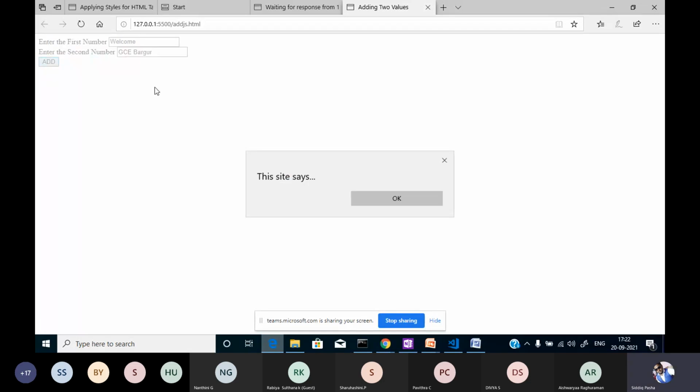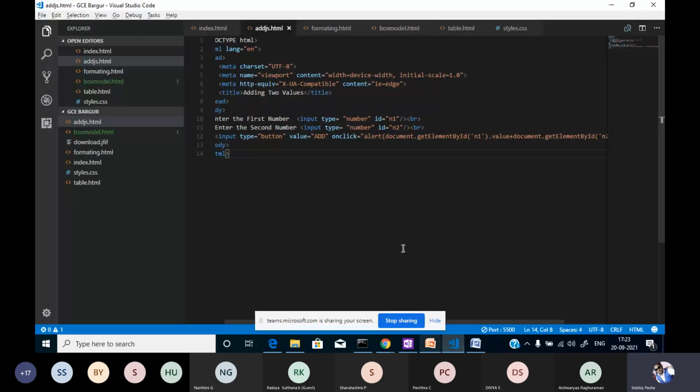Actually, now the value is not being taken here. Why is it not taking? Since we have specified a number for this particular field, for that reason it is not taking text. If we specify text here, then it will take it.